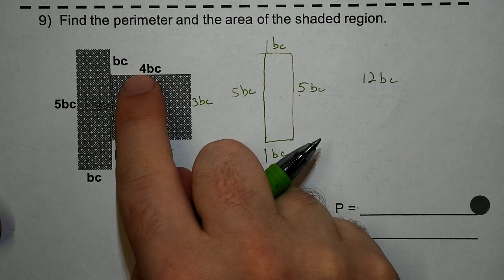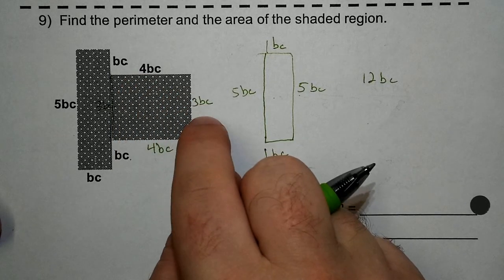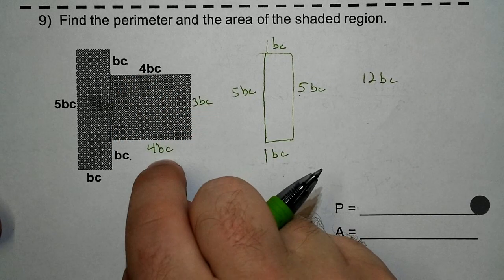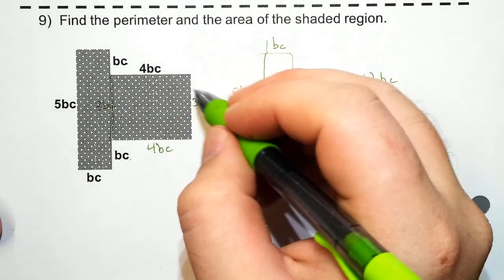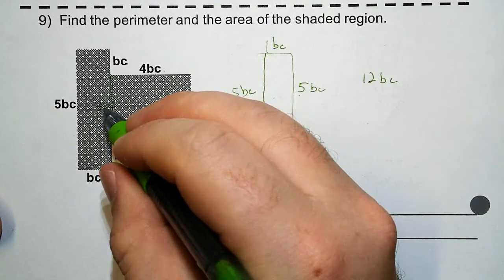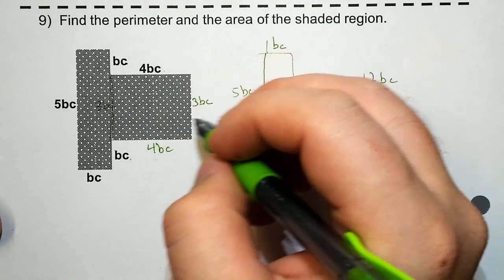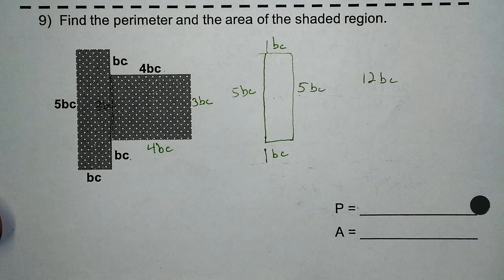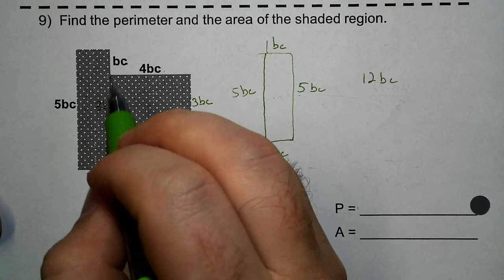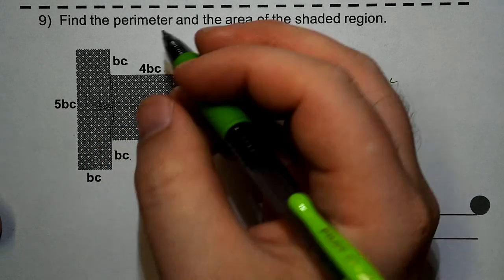On the perimeter of this one, we've got 4 plus 3 plus 4 plus 3, right? So the perimeter on that one would be, oh, I forgot, they shared a side, so this is not part of my perimeter. So let's recount